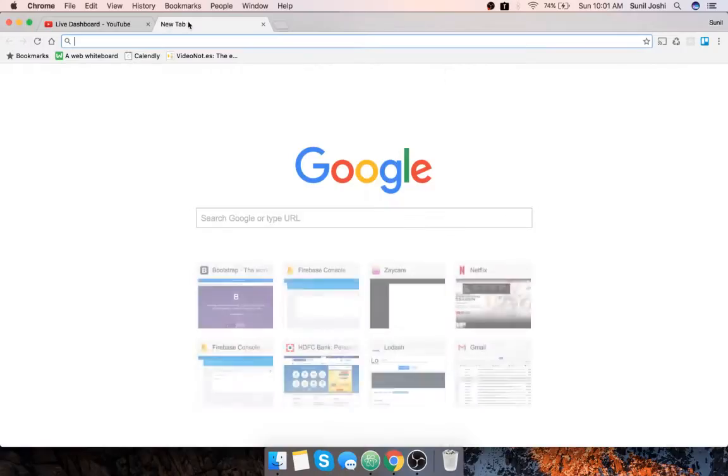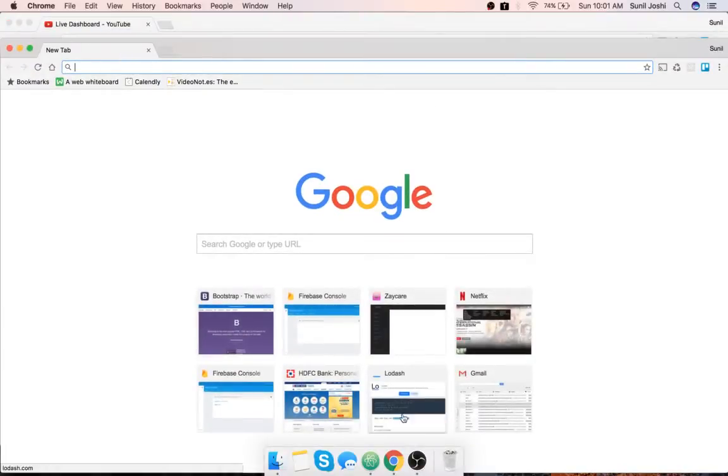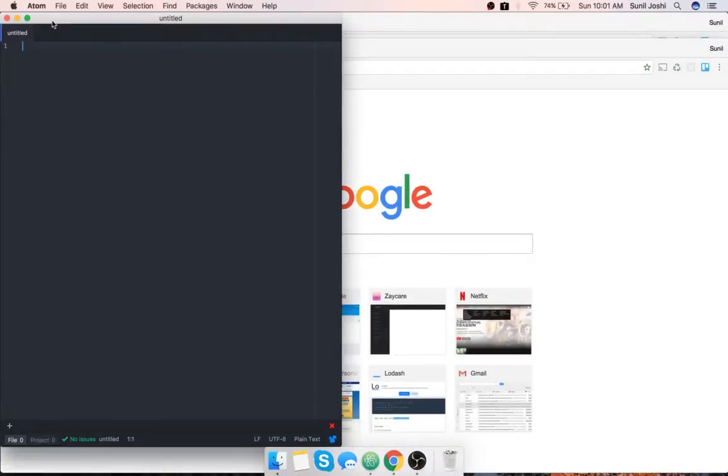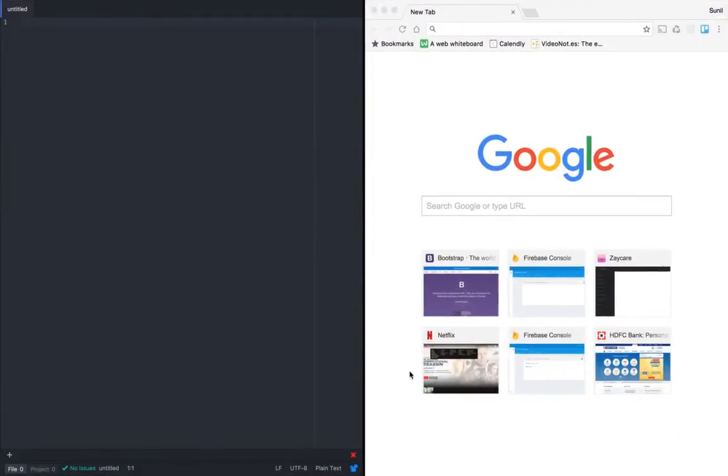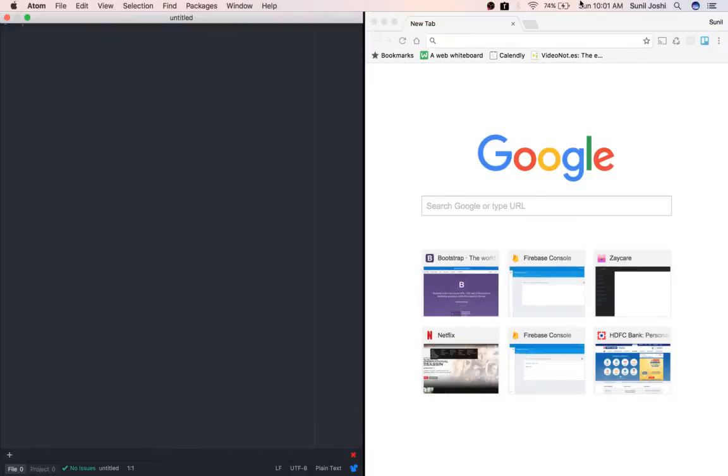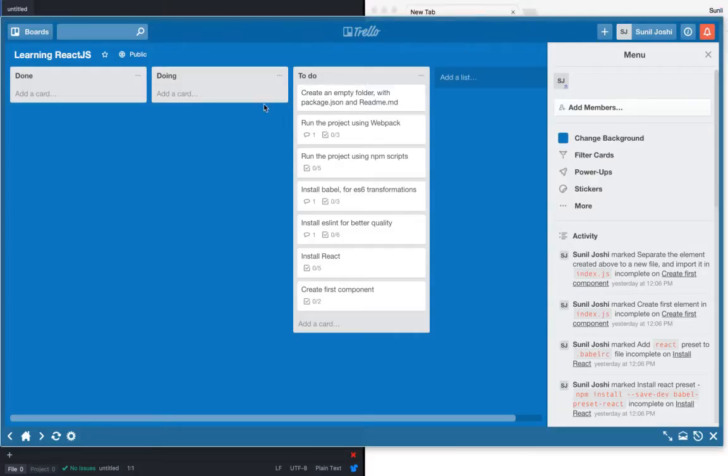Okay, let me have my environment set up first so that I like to have the editor and the browser side to side so that I can see the output immediately as I code. So let's look at the plan today. I'm assuming that folks who will be joining or viewing are kind of beginners. So I'm going to start with the empty folder, and we'll go from there.